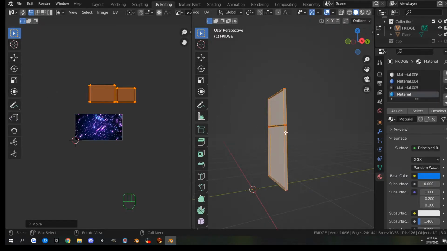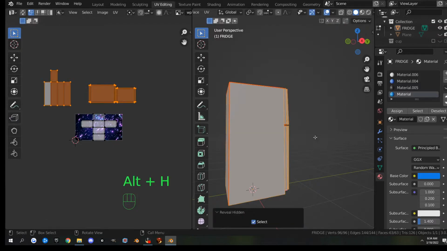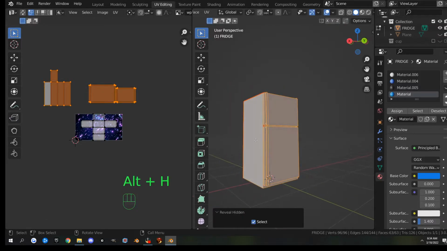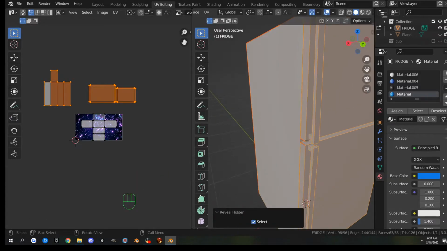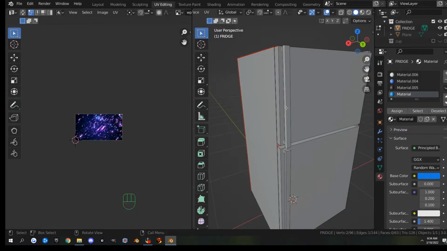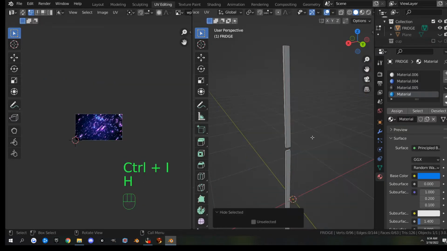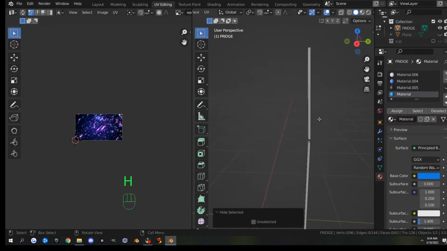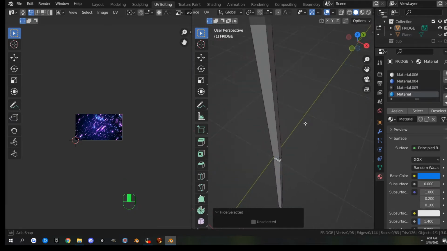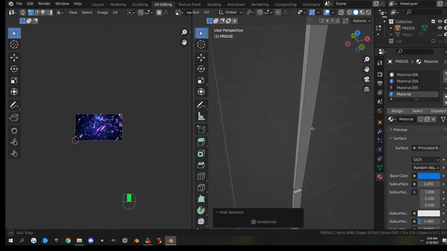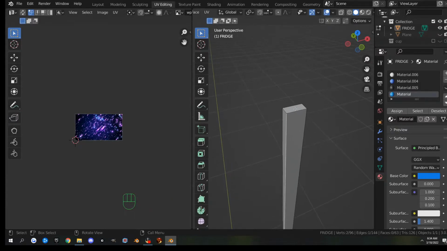Okay, so Alt H to unhide with the mouse in this window. And we need to unwrap the handles. So I'm going to select an edge of the handle, hit L and L, Control I to invert it, H, just so I can see what I got going on here. Now these ones, I'm going to unwrap them so that they open up sideways. So I'm going to grab that edge and